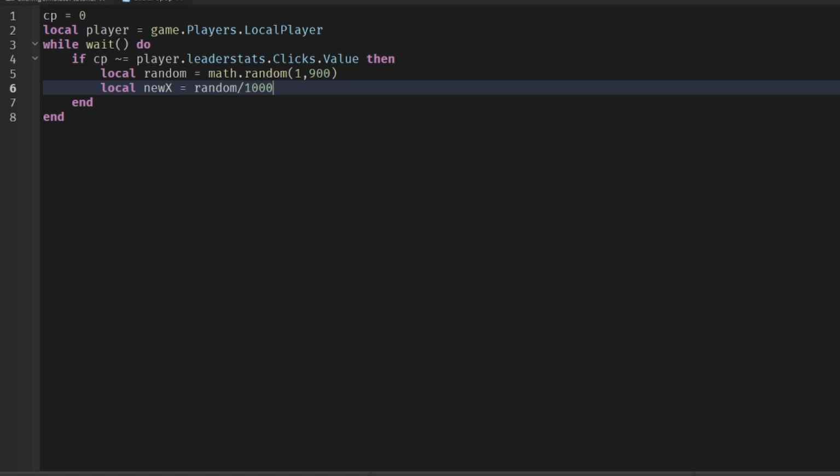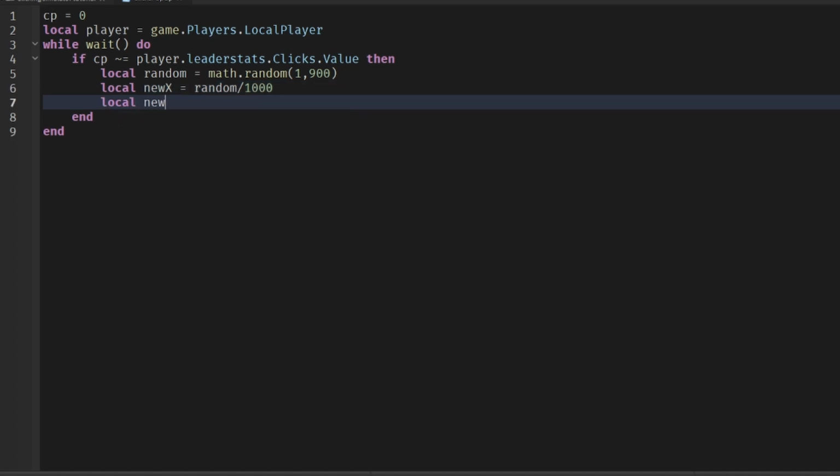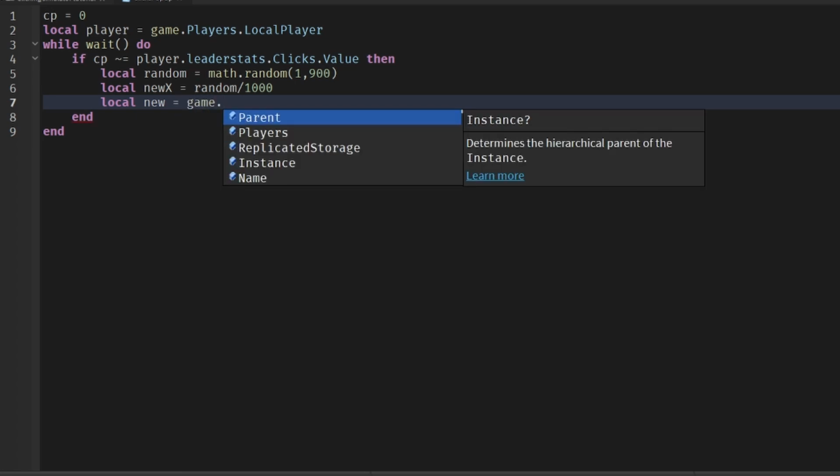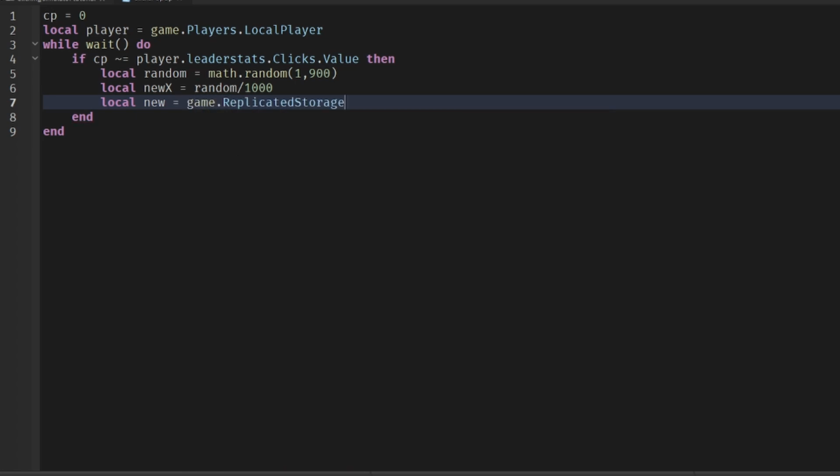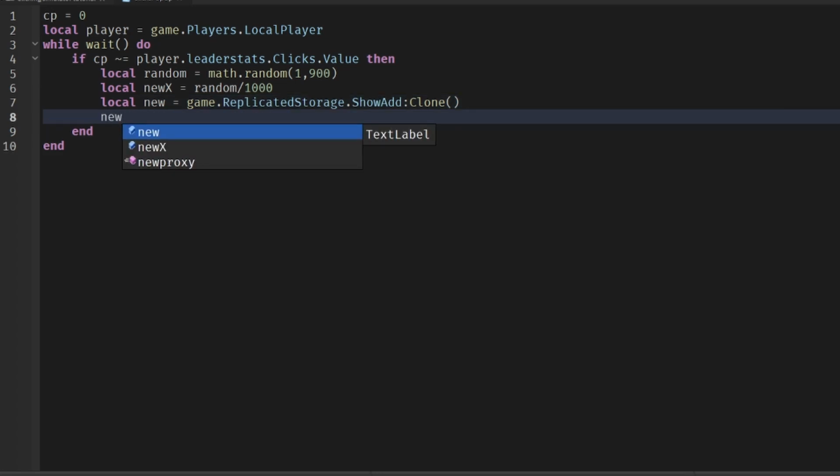Okay, and we can do local new equals game.ReplicatedStorage.ShowAdd:Clone(), no, not clear, clone, like that, with the brackets, and that's done. Now we can do new